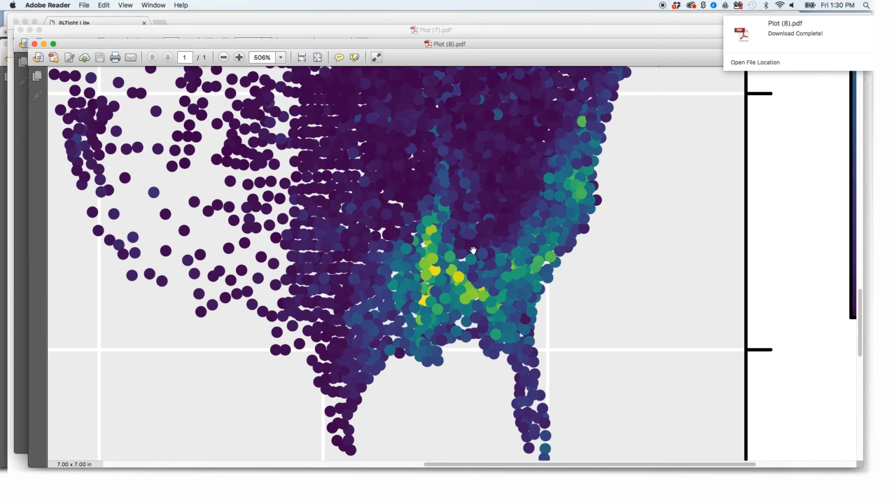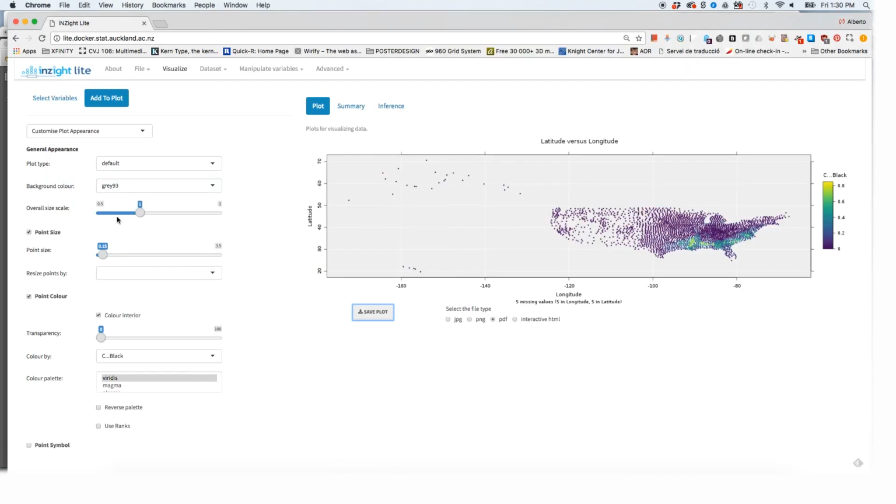If you still believe that the dots are a little bit too big, remember that we can go to point size and reduce it even further to 0.1 so that we will not have that much overlap. So this is a great way of quickly exploring geographic data as well, if you have the longitude and latitude of all the positions.